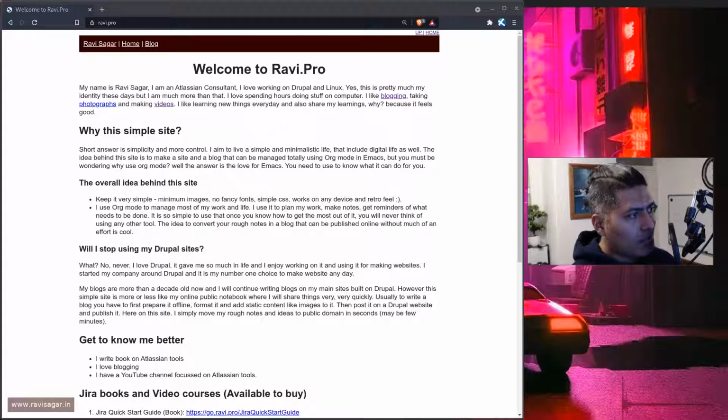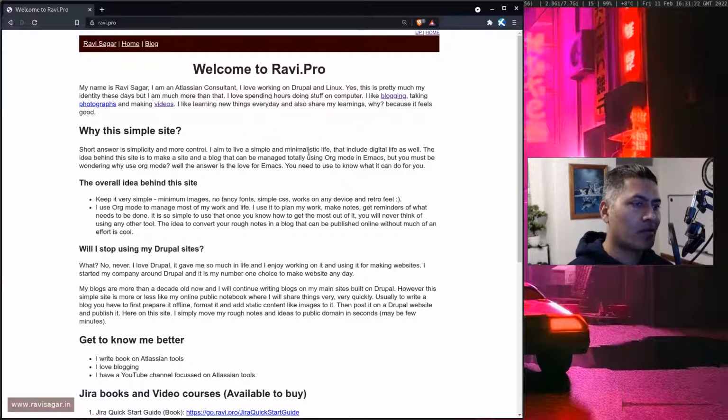Hello everyone. Today I want to answer a question that someone asked me recently about publishing. Now using org mode, you can publish a blog, and this is on top of what you can anyways do when it comes to exporting. Using org mode, you can